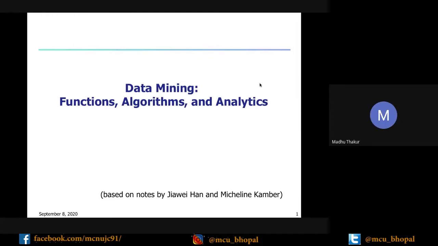So my today's talk is on simple data mining and its functions, and what type of algorithms are available for the functions of data mining. I am just sharing these slides for your knowledge, from the Han and Kamber book.